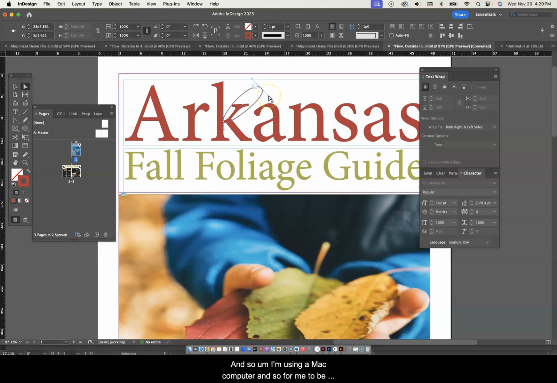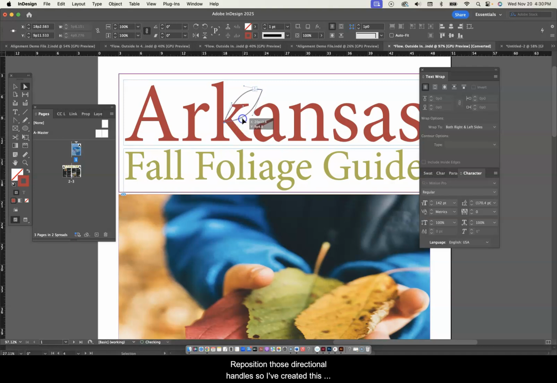I'm using a Mac computer, and so for me to be able to do that, I'm going to hold the Option key down and then drag a directional handle in one direction. And you can see that the directional handle on the other side stayed put. It didn't move at all. And I'm going to do the same thing with the directional handles down here. I'm just going to hold the Option key down again and